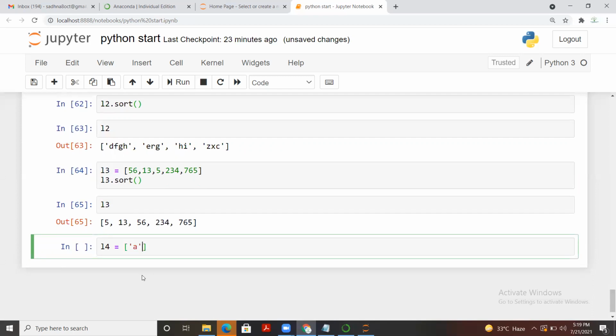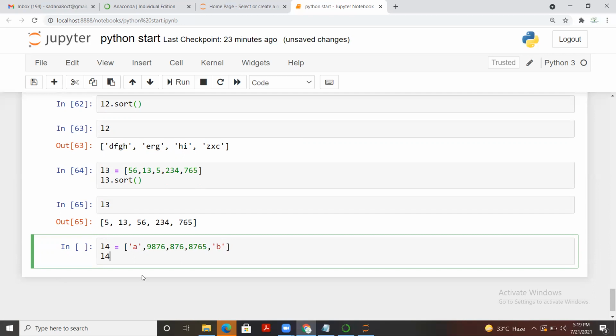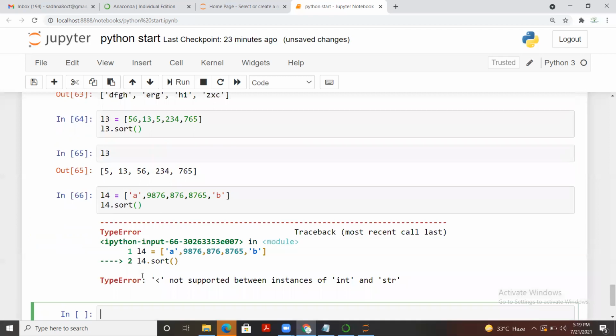So let's say I have passed A and some numeric values, and here it goes. If I apply sorting over it, it will throw an error. And what is the error? That it's not supported between instances of integer and string. So you have to take care, because obviously we cannot sort two different data types altogether. So this is how it works.